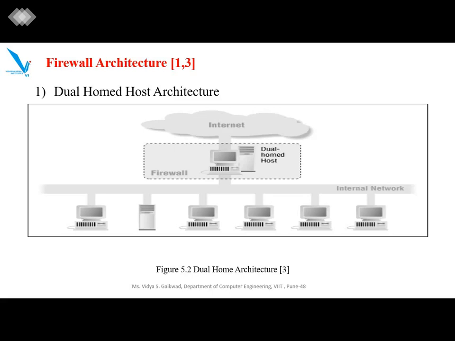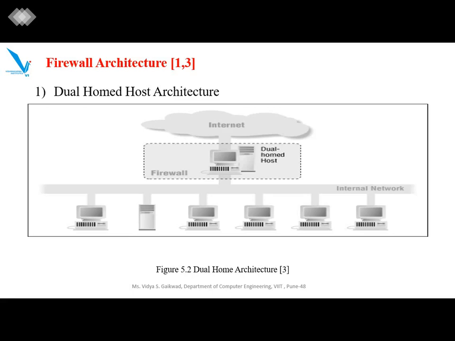It is a computer system which has separate network interfaces for minimum 2 networks. This host computer can act as a router between the networks. This routing function should be disabled when it is used in firewall architecture. Therefore, the host computer isolates the network from each other, but it can see traffic on all the networks.